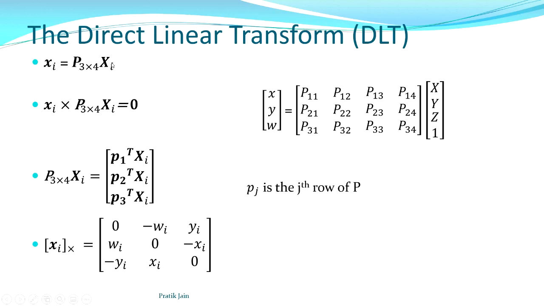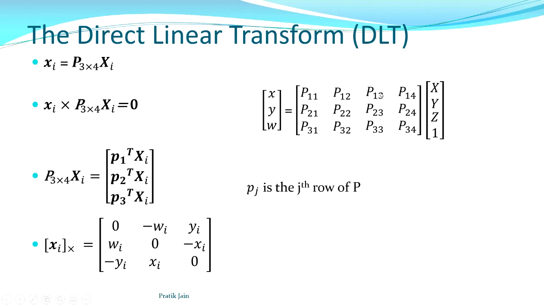If you take the cross product of xi with this, since both of them should be equal, their cross product should be 0. Hence the cross product will turn out to be 0. Now we are just doing some notation changes. The product PXi is actually a 3 cross 1 vector, which can be represented like this,